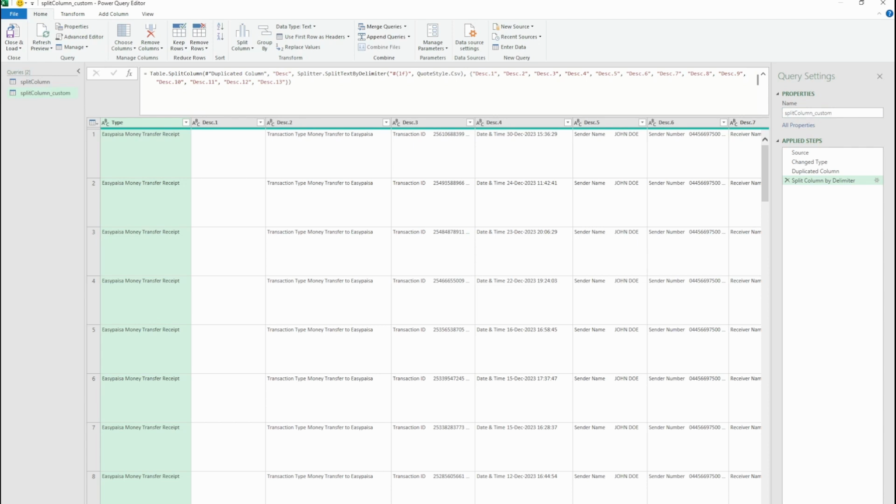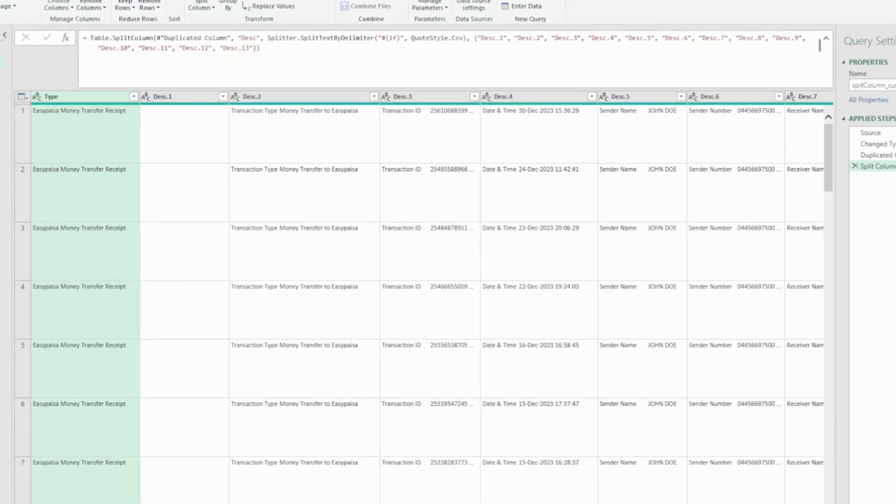We will step into the formula bar to do some more magic, as not everything can be done via ribbons. If you really want to step up your Power Query game, you should learn to read and modify M code to some extent. So we will use the structure provided by Power Query and modify it a bit to our use. So let's start by removing the last list, which is right here.